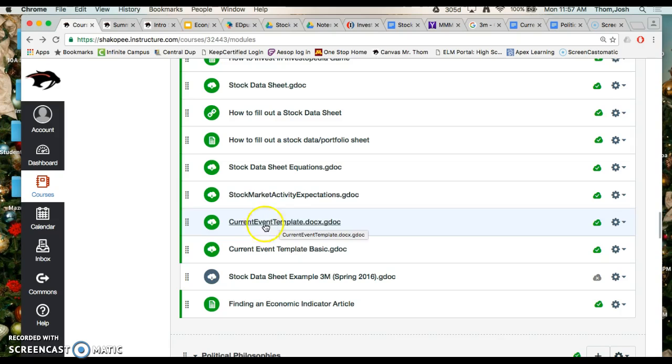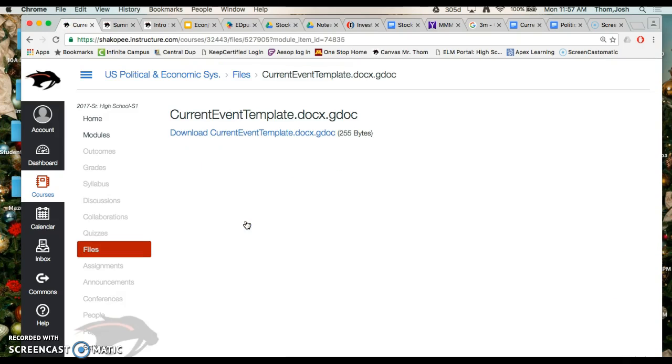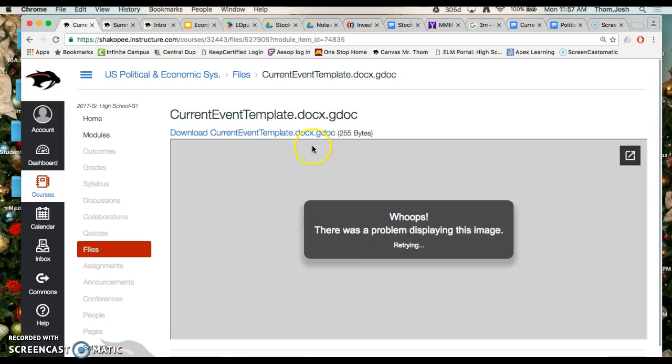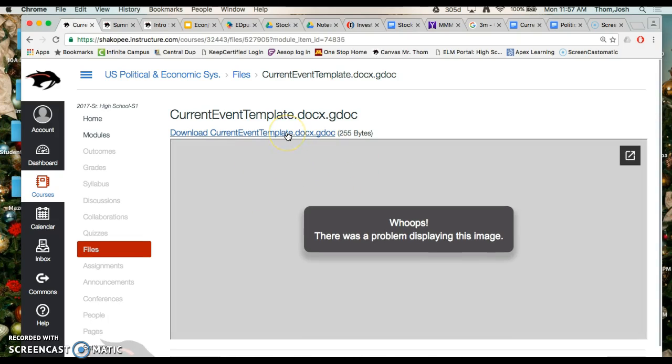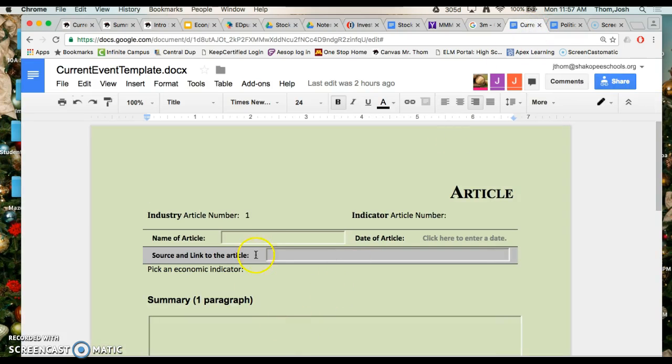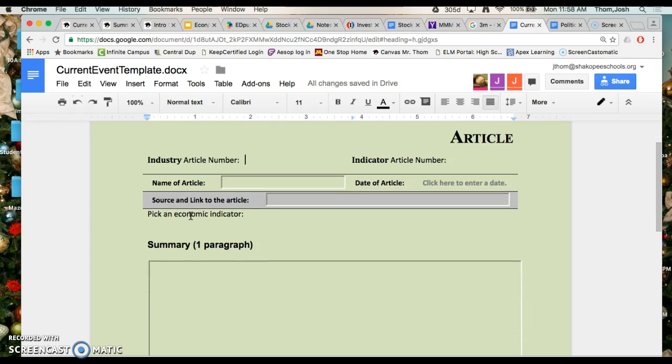It doesn't matter which one you use, but what you want to do is click on one of the two, and then it'll show this. But if you click on the download current event template, it'll download in the bottom left hand side and you can open it up. And if you open it up, it should look like this. Okay, and this is a template that you will use to fill out information for current events